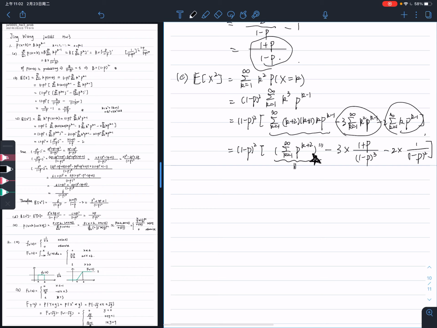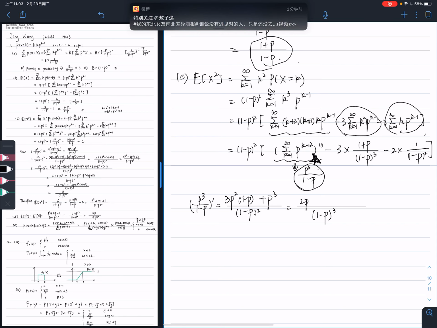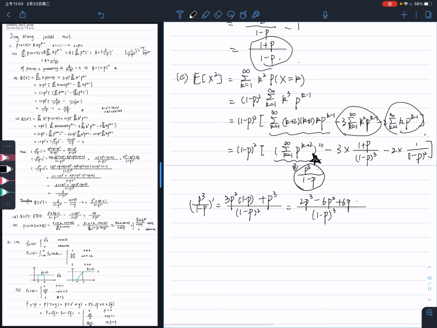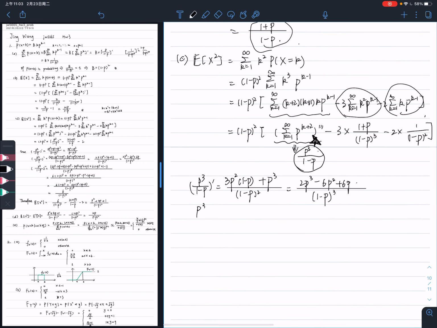So this is equal to (1-p)^3. Therefore the gradient of (1-p)^3 equals (1-p)^2 times 3p^2 times (1-p) plus p^3. So, from a simplification of the formula, we got that this is 2p^3 - 6p^2 + 6p. So therefore the second order is